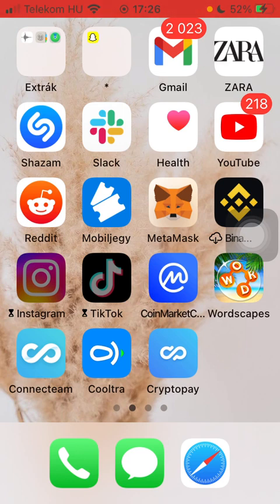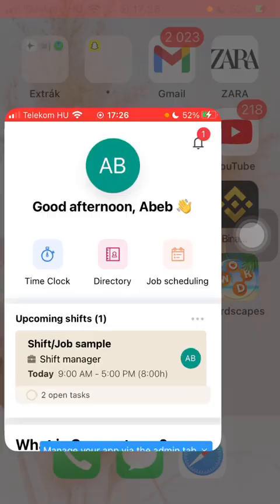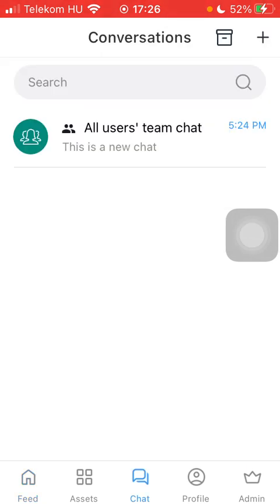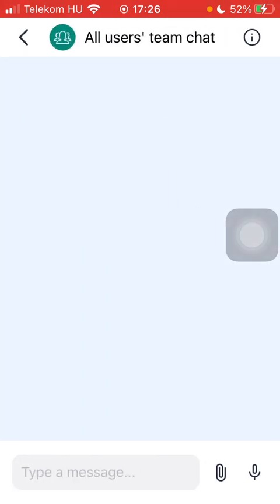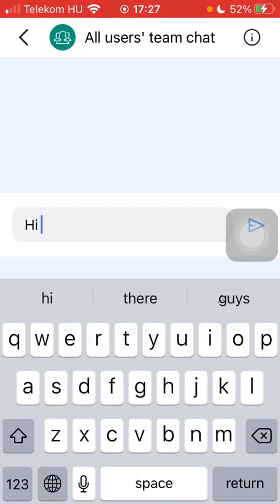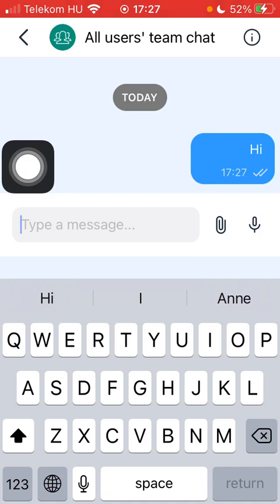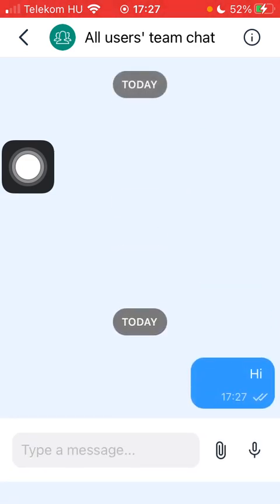Now let's jump into it. First of all, open the application on your phone and then tap on the chat button down below, which is the third option. Click on Team Chat, and here you have the chance to type in your message into the message bar down below. Tap on the Enter button, and as you can see, you have sent your message, so your team members